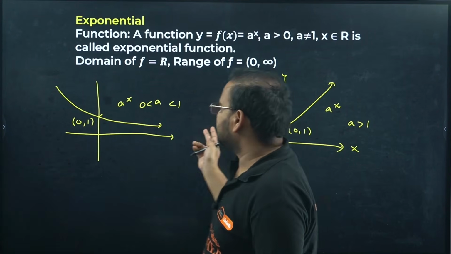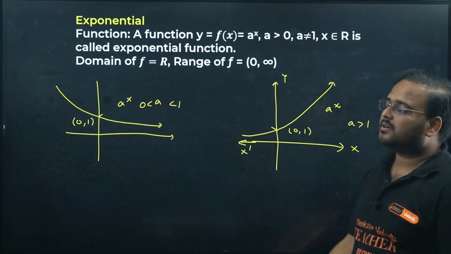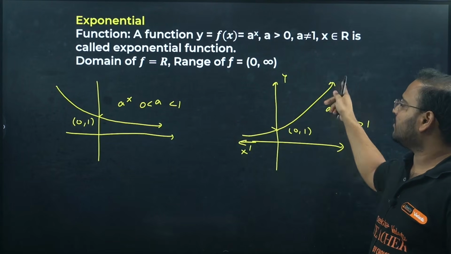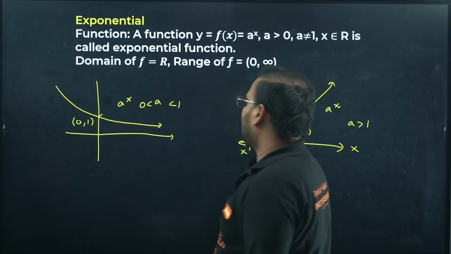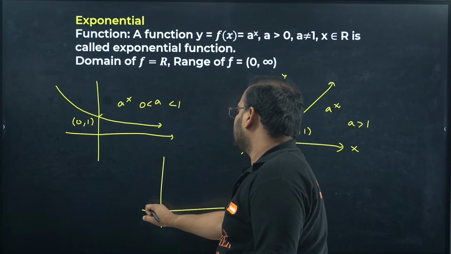And it has 2 cases. When the base is between 0 and 1, the curve is of decreasing nature. When the base is more than 1, the curve is of the increasing nature. And the special case, which is the exponential function, natural base, this is always